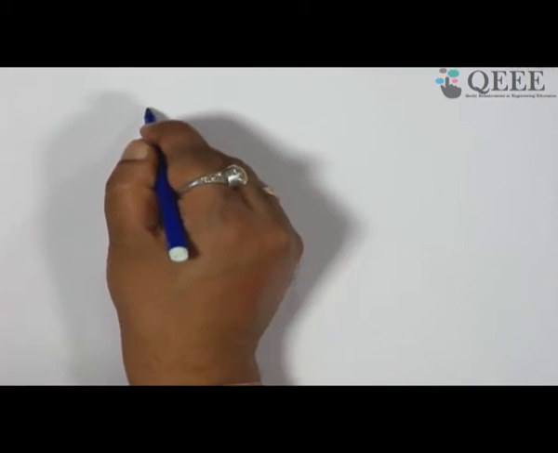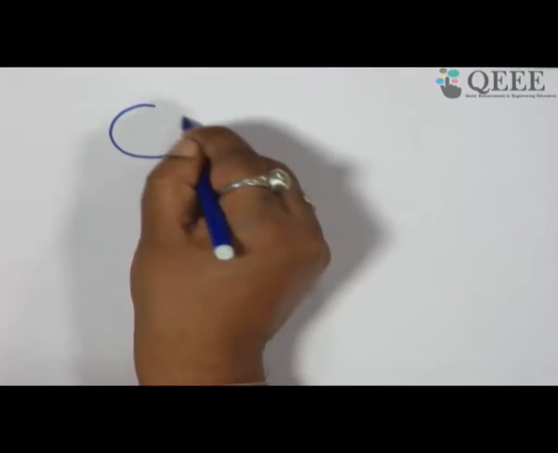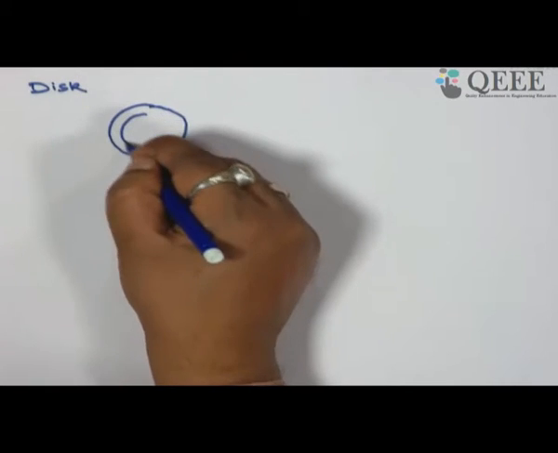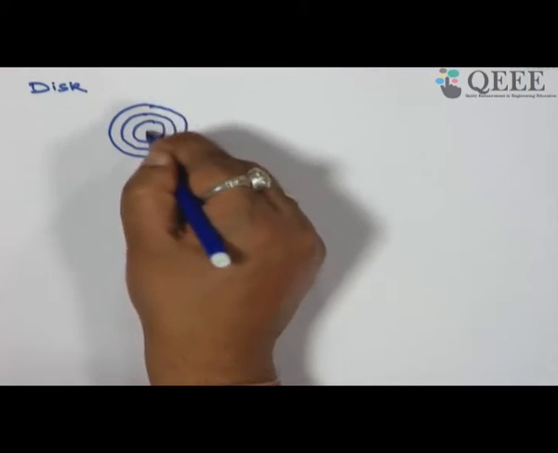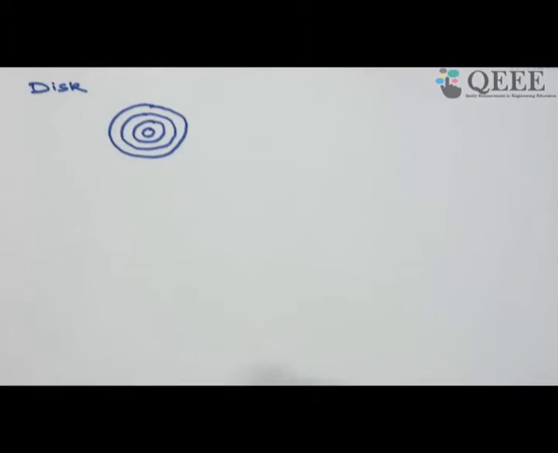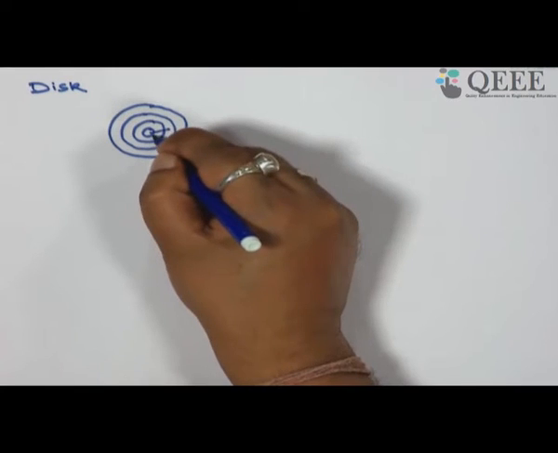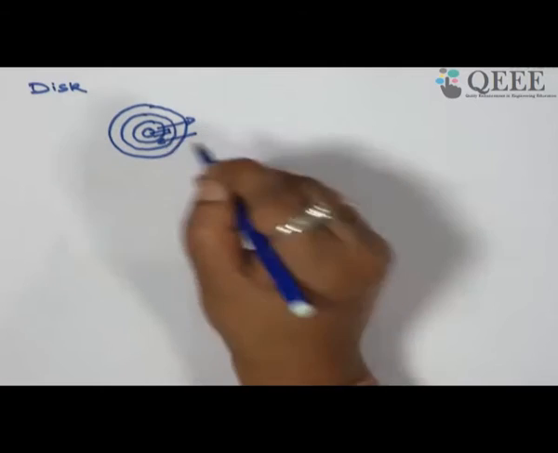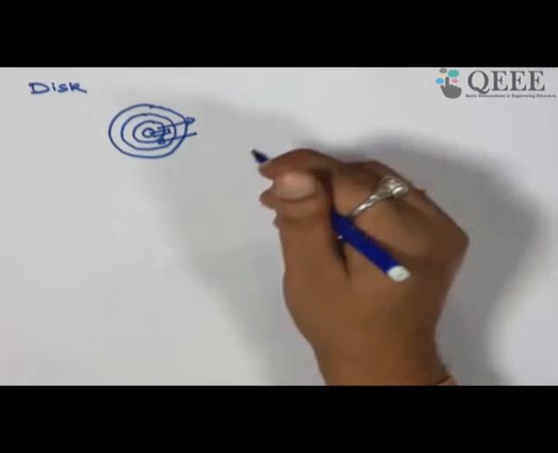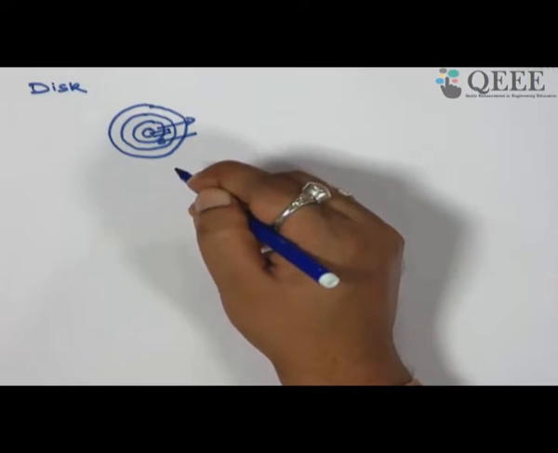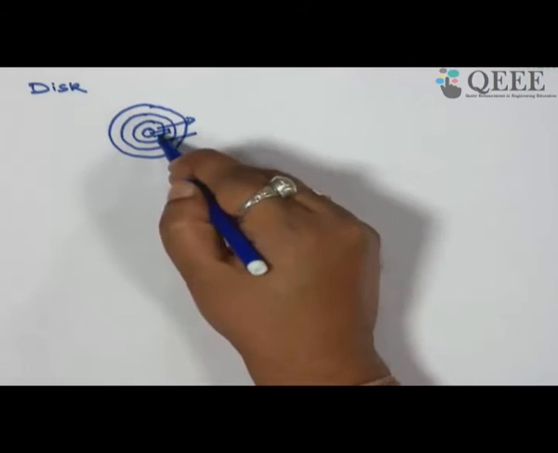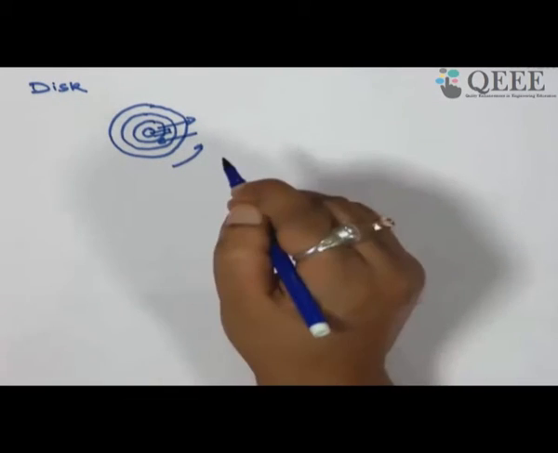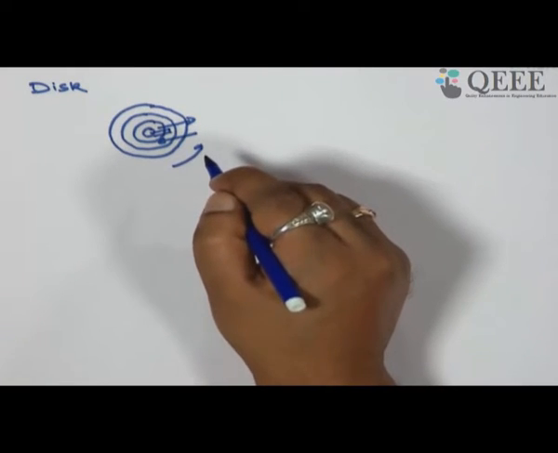So, if we consider a single disk, as I have mentioned, that there are tracks, some track number, and the head, it does not rotate. It can either move out of the track or inside the track. It can only do this type of movement. And when the head wants to read a sector of the disk, it moves to that particular track, and since the disk is anyway rotating, it waits for that sector to come under the head, only then it reaches the head.